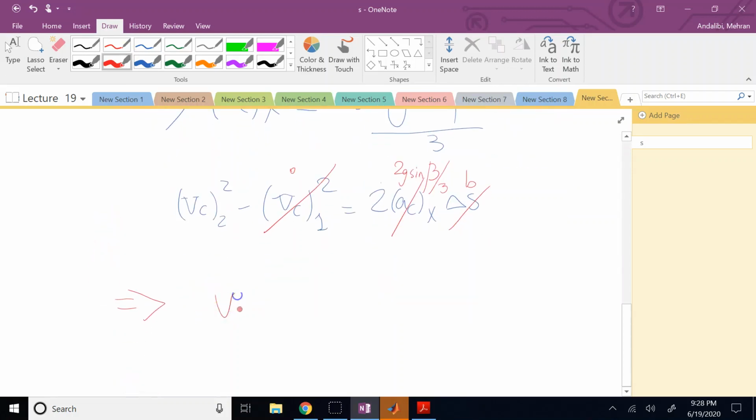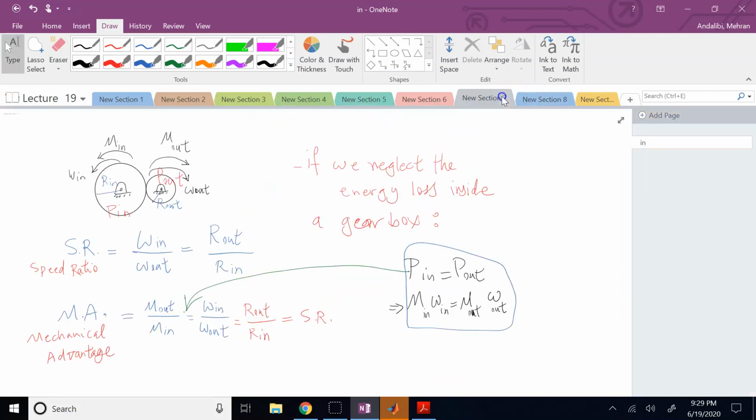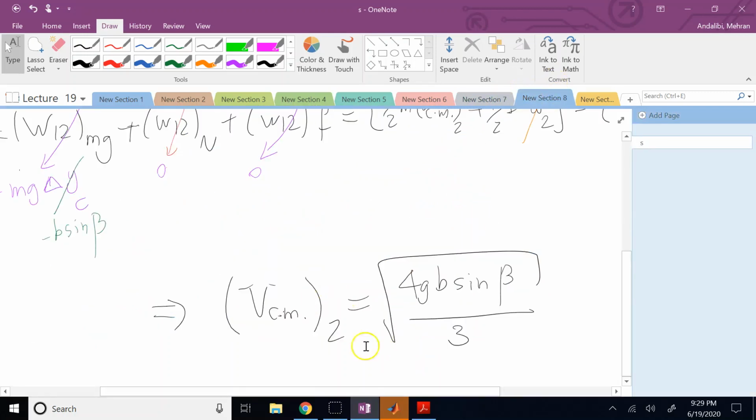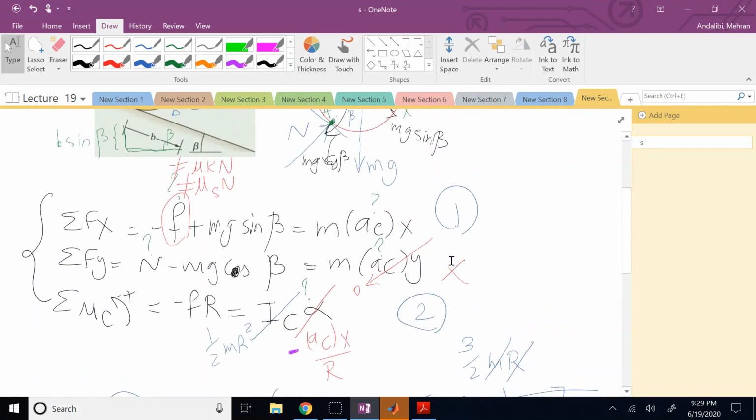And therefore, if I calculate now v_c2, it is going to be the square root of the right-hand side, which is 4g sine beta times b divided by 3. Which is exactly this one. So I got the same answer I got with work energy,